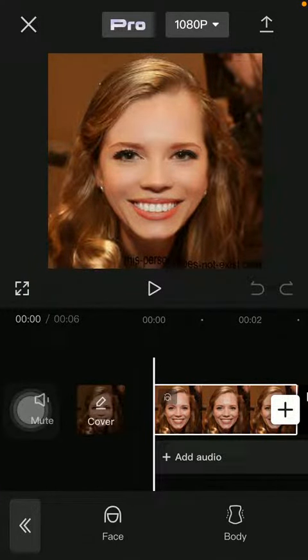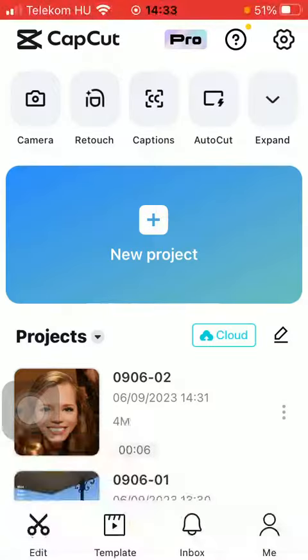Hello guys, in this video I'm going to show you how to use the slim nose effect on the CapCut application on your selfies,